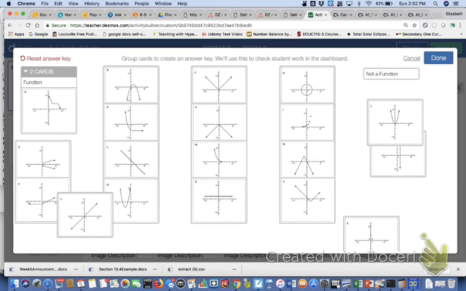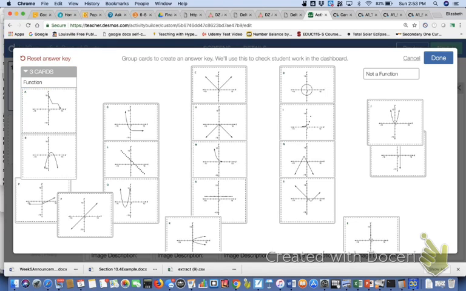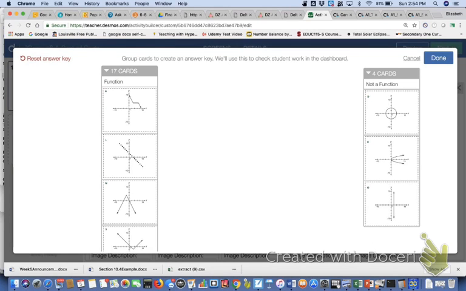So I'm literally just going to drag, obviously B is a function as well. So I'm going to move this one out of the way here. I'm going to drag B over. You see how everything lights up? So that tells you that it's all connecting together. That's how you know that it's going to work. So I'm just going to pause. I'm going to connect everything that belongs together. All right, so now I've sorted everything so that you can see the 4 cards and not a function